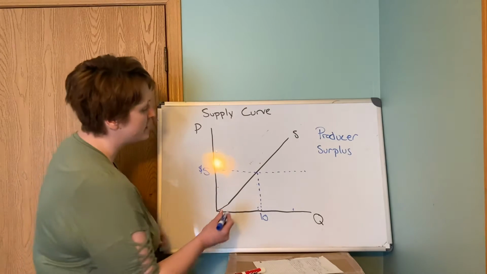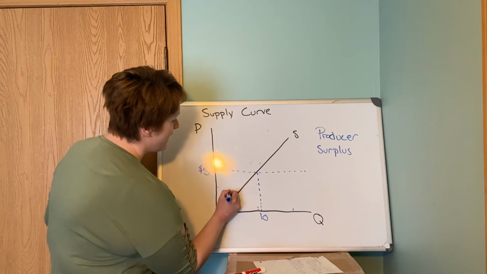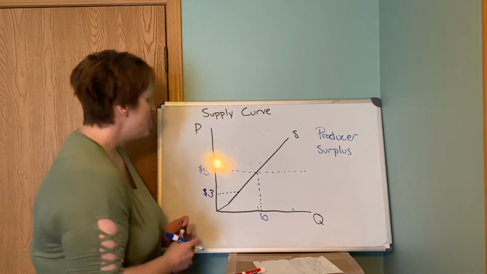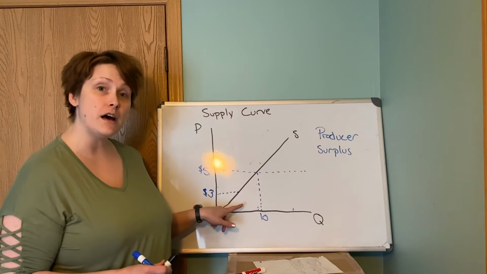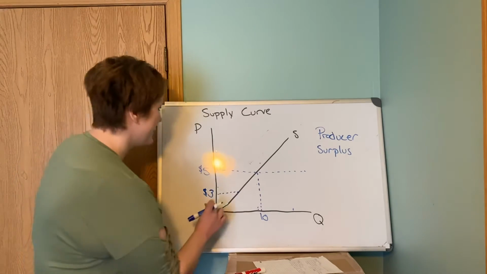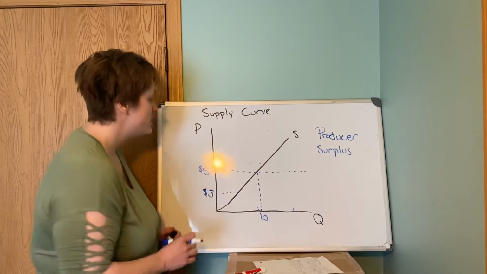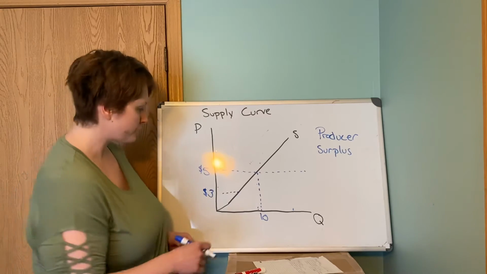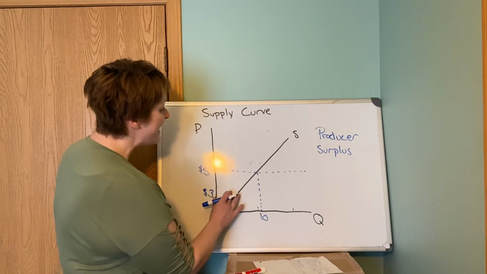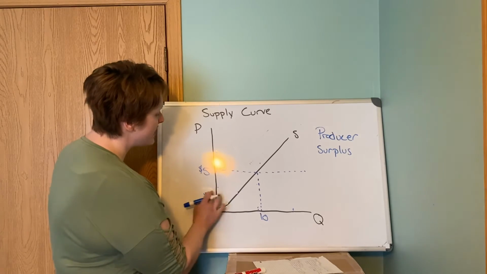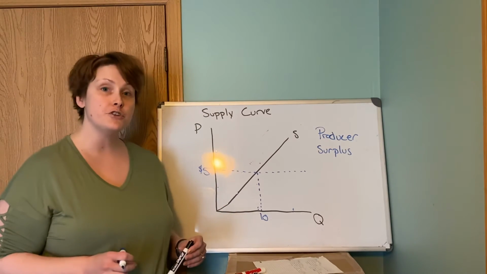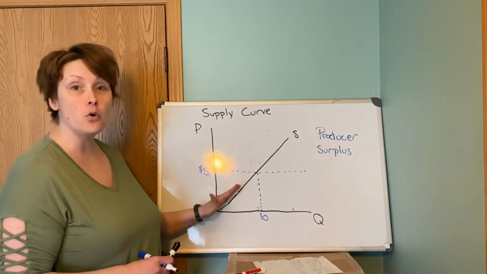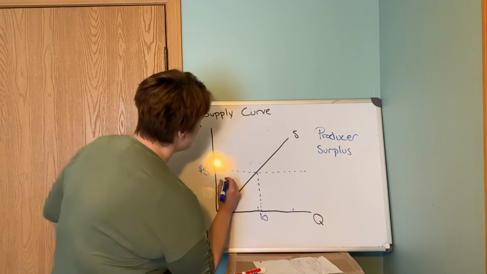So let's say that an individual firm here has a cost of $3. If this firm has a cost of $3, but they receive $5, then their producer surplus is going to be the difference between them. So what we want to calculate here is the total amount of our producer surplus. So that's everything above the supply curve and below the market price. So all of this here